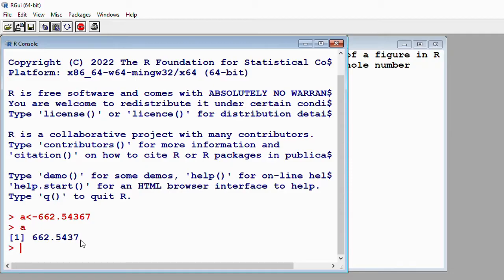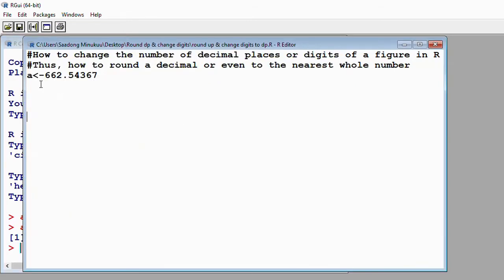So why did it happen? By default, R doesn't exceed 4 decimal places. So if you want to tell R to present the figure the way it is, then you can simply do that. So let's assume we want R to present it in 5 decimal places. Then let's assume we want to save the results in another object called B. So we say B is equal to, or less than and then hyphen. Then we use the